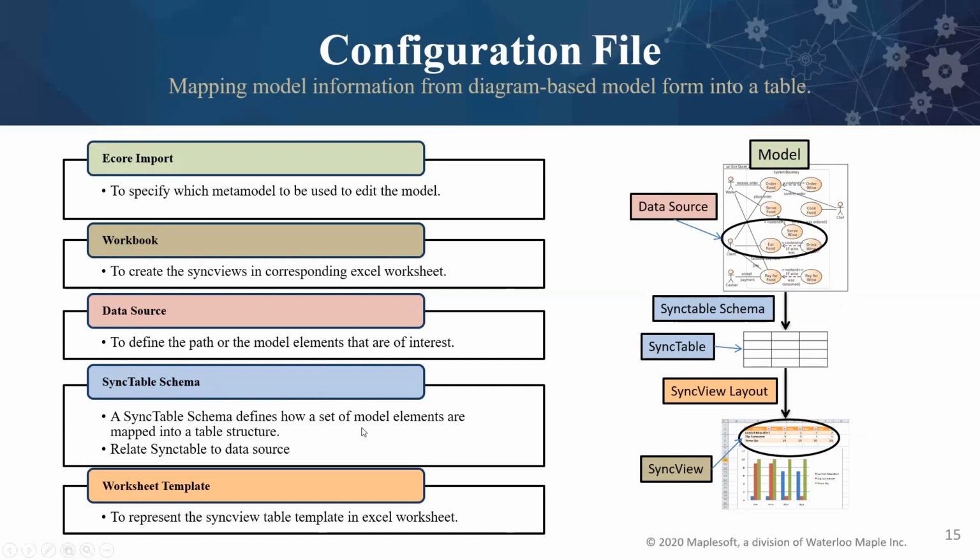Once I define the schema, I'm going to say that in the table I want to start with the package, then the blocks, then the properties. This information is what is contained in the schema. But as you can see, we define the data source separately and we define the schema separately. There is no link between the data source and the schema, but we do something called instantiation. What instantiation does is link the data source with my sync table schema.